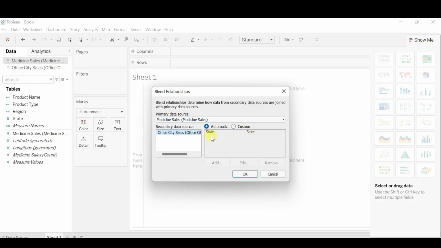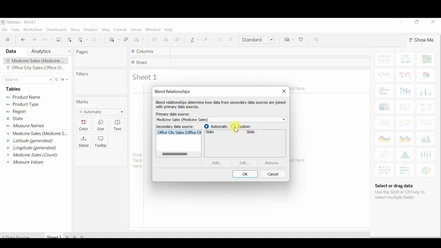The column it took was state, but our requirement says we need to create a relationship based on region and territory. So I can click on Custom, and once I am here, I can click on Add. And do note that when it was on Automatic, all these buttons were not available, so we could not perform any action.